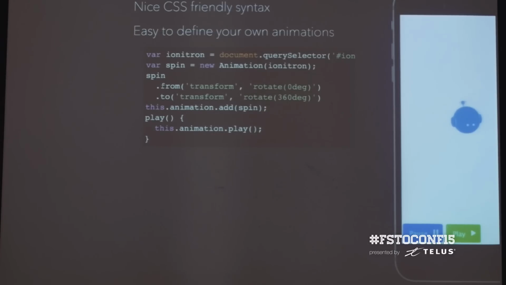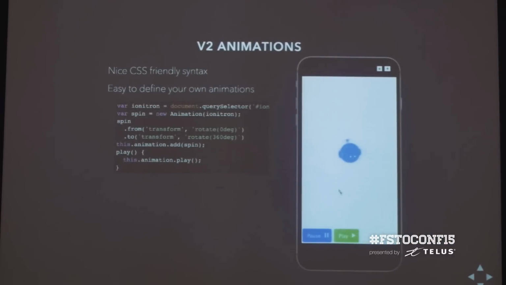If you've ever done CSS keyframe animations, it's a similar concept where you have a 0% and then a 100%. So in here, we want to animate the transform property and just take it from rotate 0 degrees to a full 360 rotation. Then we want to register that animation afterwards. And then from here, we can actually programmatically call this. So if we come down here,